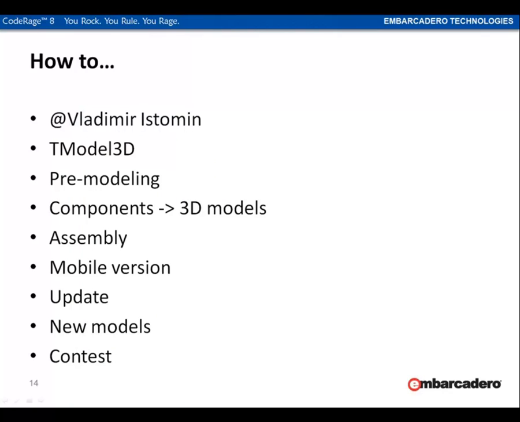One of our customers, Vladimir Istomin, once asked in my blog how to use TModel3D properly. I explored the subject. Vladimir, if you are online, I'll have a pleasure to share the results, tips and tricks. We'll use some third-party external 3D editor to pre-build the model for parts. Then we will upload external models in TModel3D components, of course within the Delphi project. If we have time, we'll discuss the strategy to develop a project into a big, fully functional system.